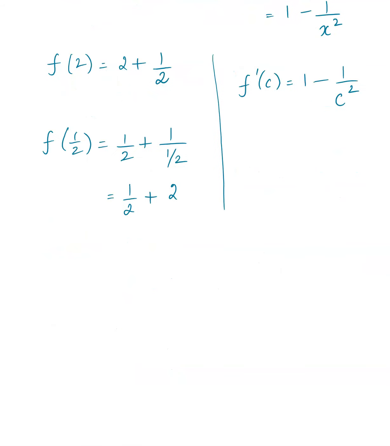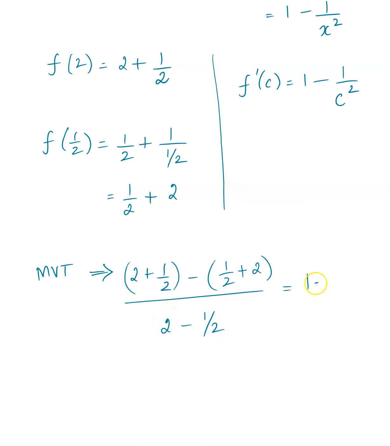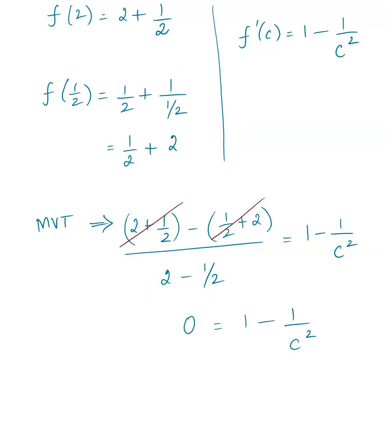So as per MVT, it implies that f of 2 minus f of half, that is 2 plus half minus 2 plus half, all over 2 minus half will be equal to this f prime of c. So you can see that 2 plus half and 2 plus half, these two will go away. So you don't have to compute the denominator. You know that that's going to be a 0. 0 equals 1 minus 1 over c squared. You now have to solve for c squared. So 1 over c squared equals 1,